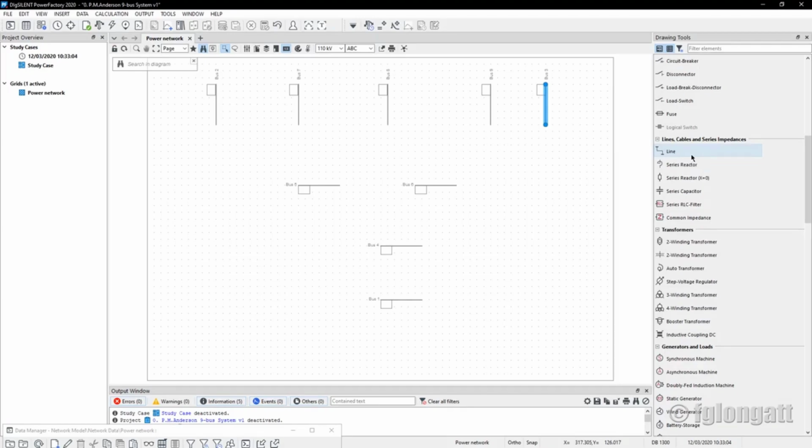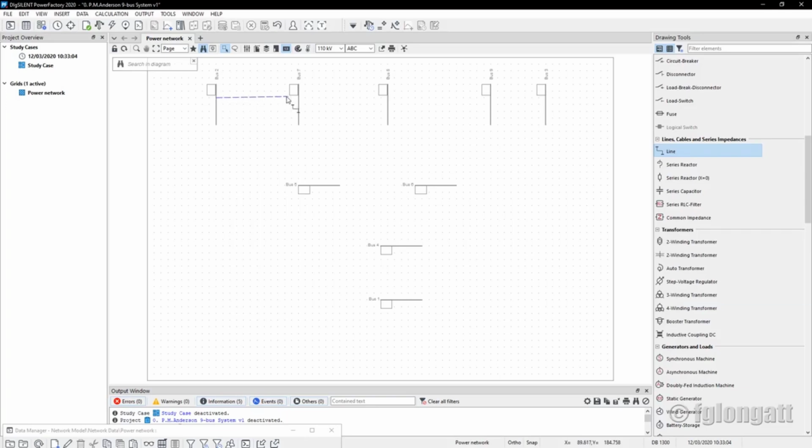If you select the button for the transmission line, you will realize that now you have the transmission line icon attached to your cursor. And now what you need to do is start to connect your transmission lines. I will start with the basic ones. What are the basic ones? For instance, the transmission line between